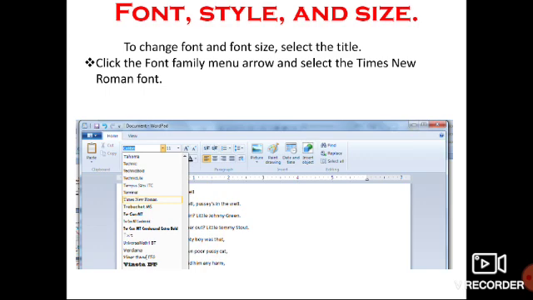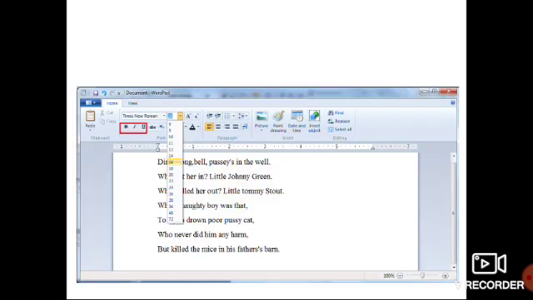So after selecting the font, what you have to do? If you want bold, if you want italic or underlined, you can even click that. You can see here it is highlighted bold, italic and underline. You can also change the size of the font, like here it is 8, 9, 10, 11, 12, so on. If you want the font, that is the writing, smaller in size, you can choose a smaller number, and if you want bigger size of the writing, you can choose a larger number.